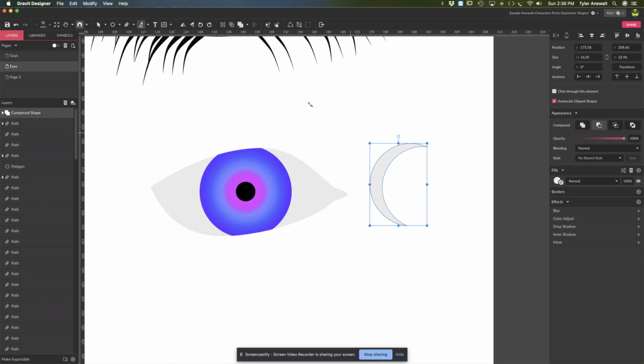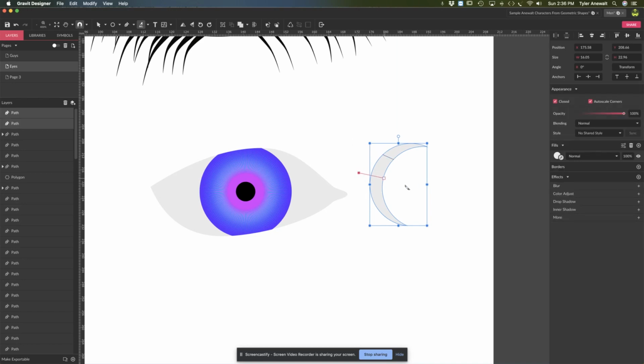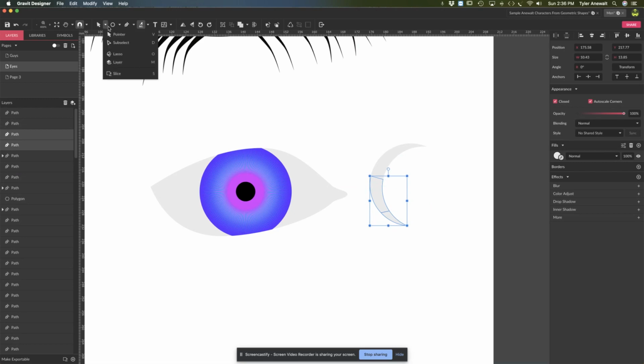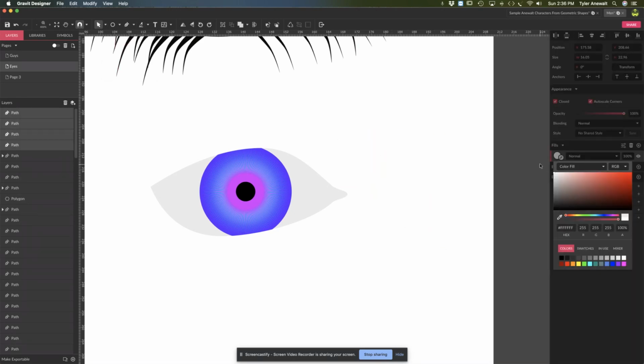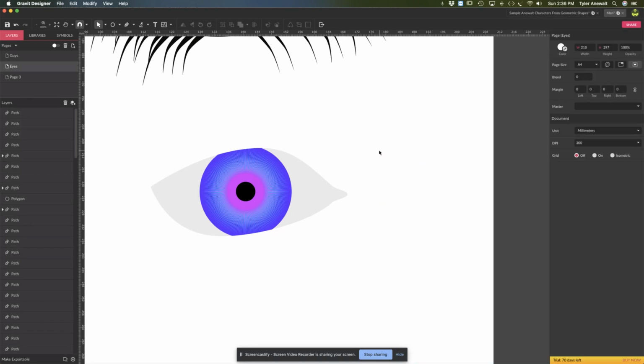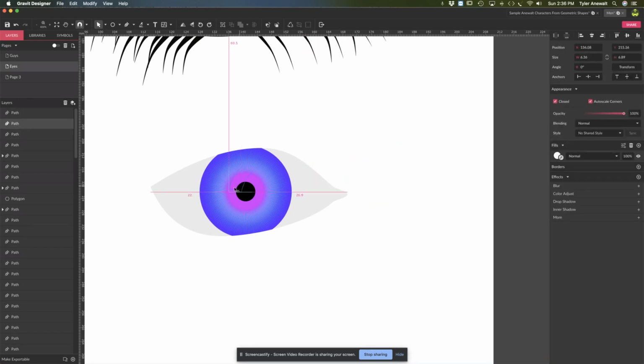So the crescent shape is just selected. I hit the knife tool and cut it there, and maybe cut it there. And let's now change all those guys to bright white and find them and move them over to my eye. Where are they? This guy. And you might have to resize them and move them around as necessary, but that's a good way to create